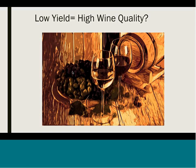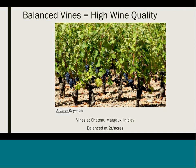And so the first question is what ultimately is really good wine quality. Typically people have been thinking that low yield really goes with high wine quality. And this is not really true. What matters is that the vine